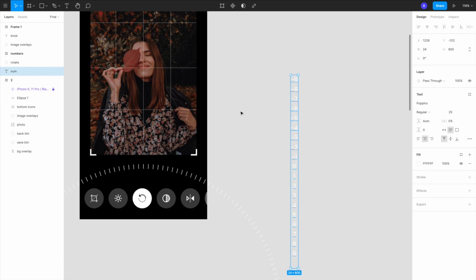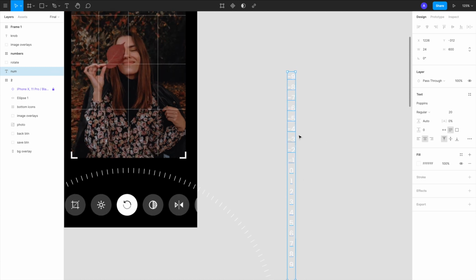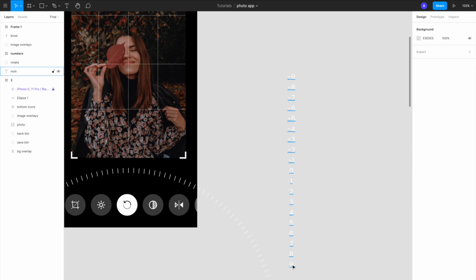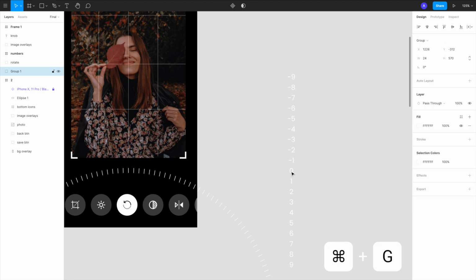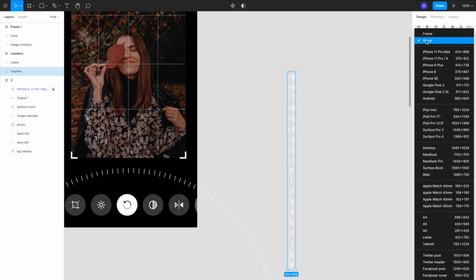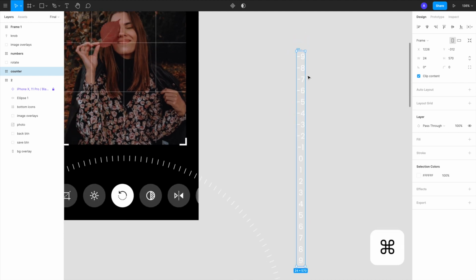Okay, and the next thing is at one particular time we should be able to see only one of the numbers, and it should slide up and down when we move the UI. So I'll select this number group text, group it together and call it counter. Now again, change the property of this group that contains the text numbers to frame, and you'll get a clip content option. Now I'll hit command on my keyboard and then resize it to